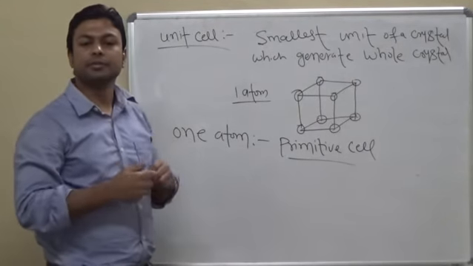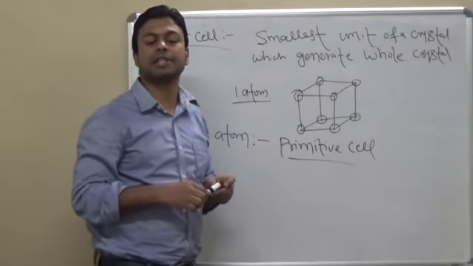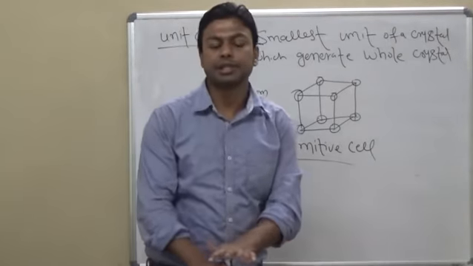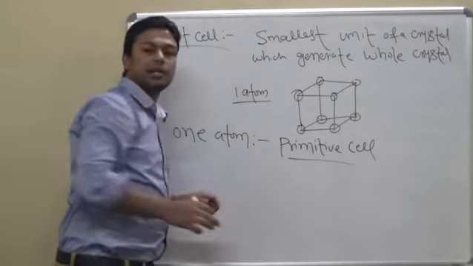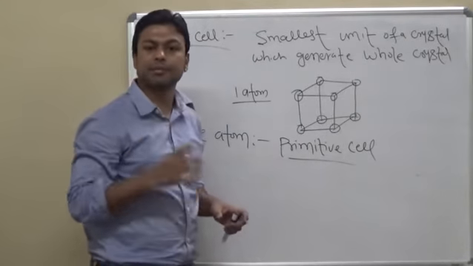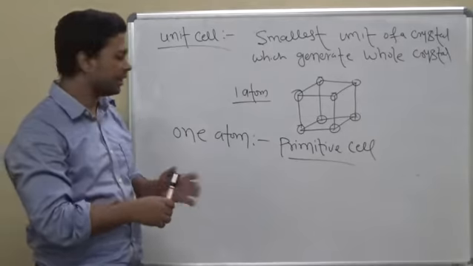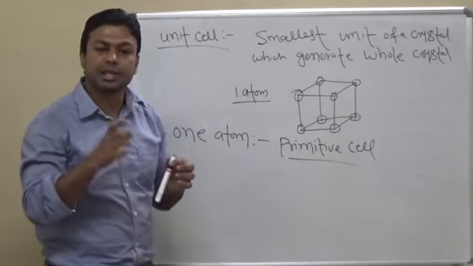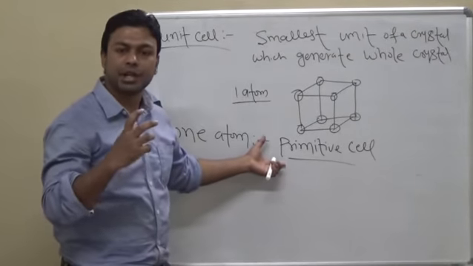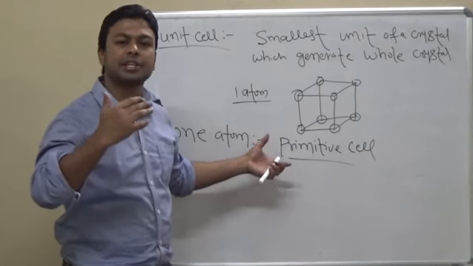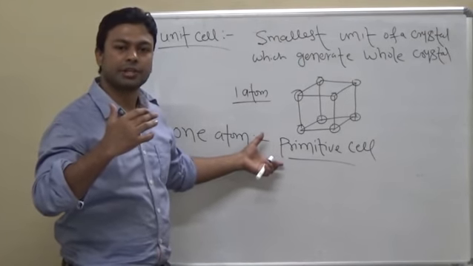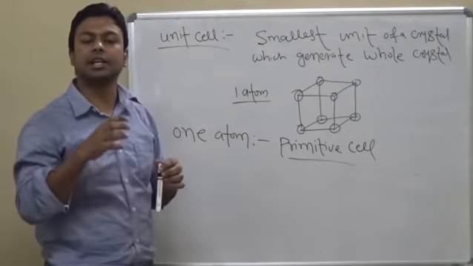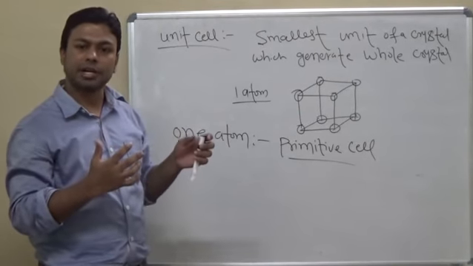So based on this, we define the Bravais lattices. Actually, the crystal system is described based on this primitive cell. But sometimes what happens, even though this is the smallest unit, we still do not get the symmetry of the crystal. So we want slightly higher symmetry elements of the crystal. That's why we define a unit cell that has slightly higher symmetry.